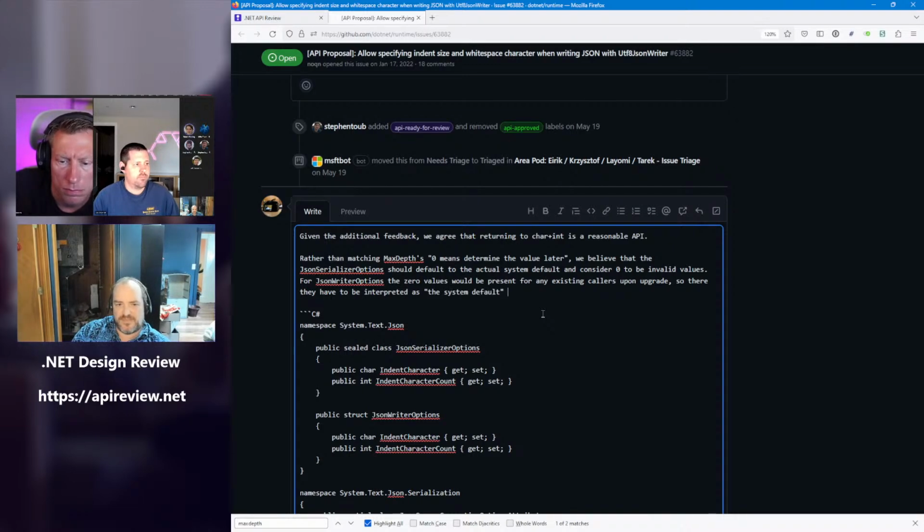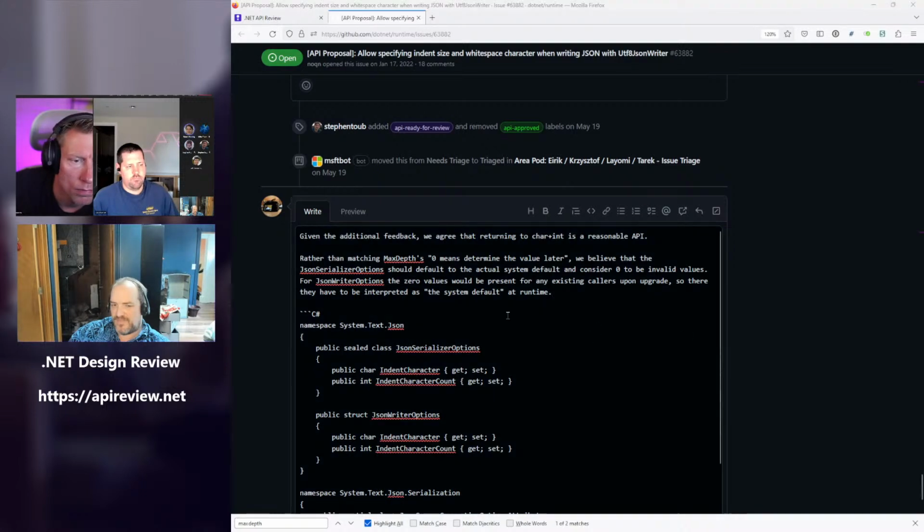So actually, why can't 0 be treated as default? You've got two fields here. If the indent character is 0, that means default indent character because the null character is otherwise invalid. And therefore indent character count being 0 can be treated also as default. But if it is any other character, then you can represent it as any value, because if it's something else, you wouldn't necessarily want it to be 0 anyway. So between the two, you have the ability to track the defaultable state.